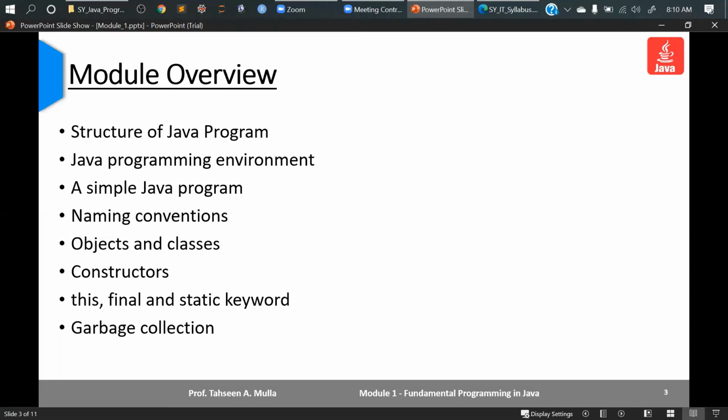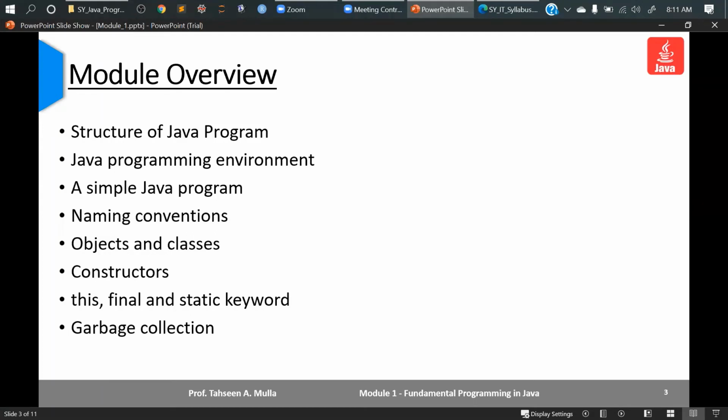Then we'll see a simple Java program, a hello world program, by setting up the environment variables, the path of your Java program, and the different things. Then naming conventions. It's a good habit to follow naming conventions, as you will need it for good programming habits.